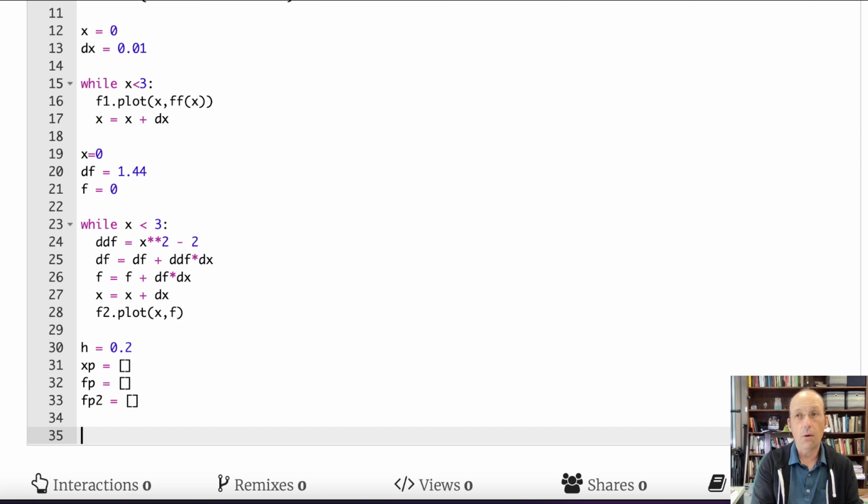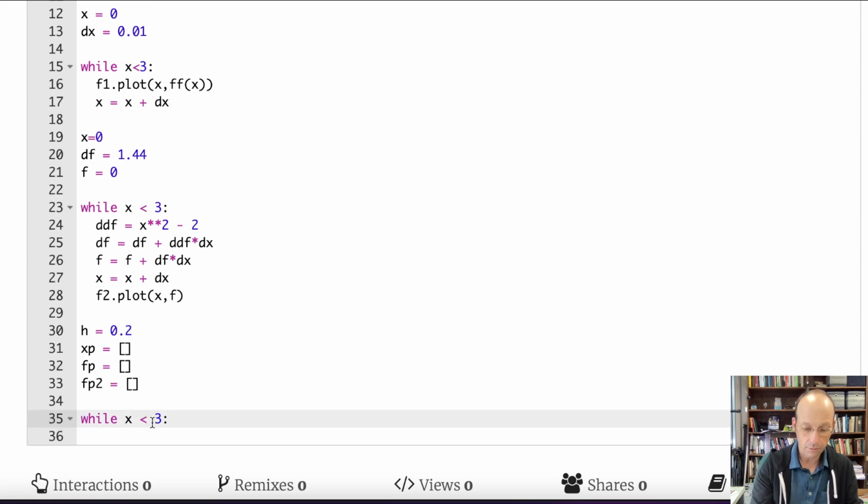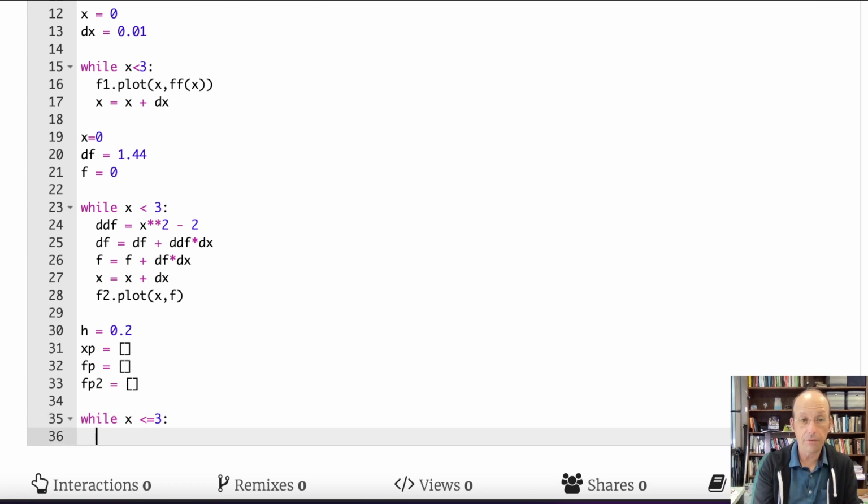So I'm going to say while x is less than x3. Let's see, what am I going to do? I'm going to put this as less than or equal to, because I don't have big steps. If you have small steps, you can make some dumb things and everything will work out okay, but I have larger steps. So the first thing I'm going to say is x equals x plus h. I'm going to actually move it forward one. Before that, I'm actually going to set my initial values up here.